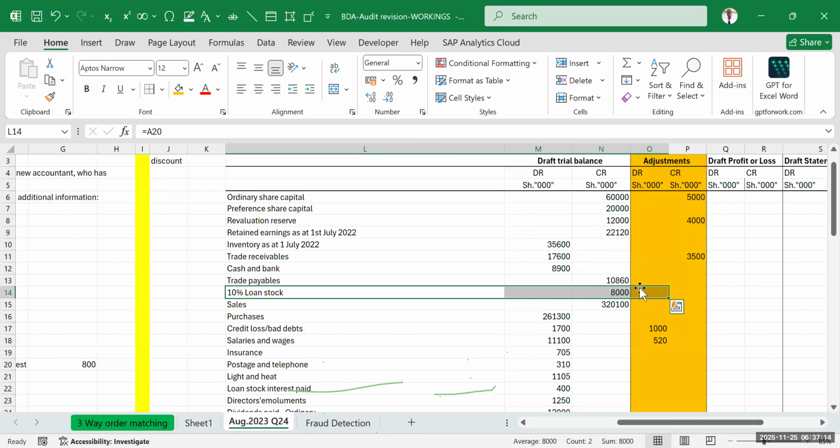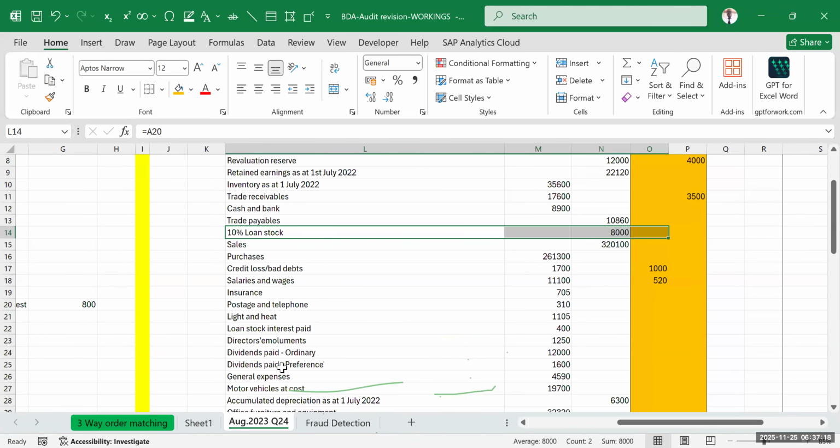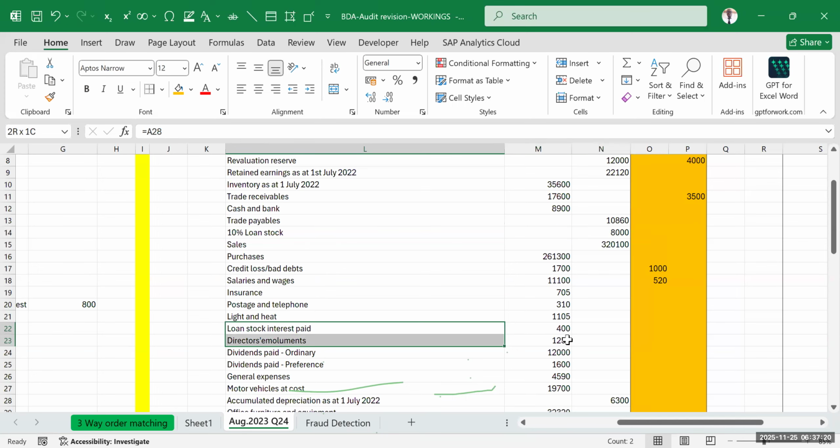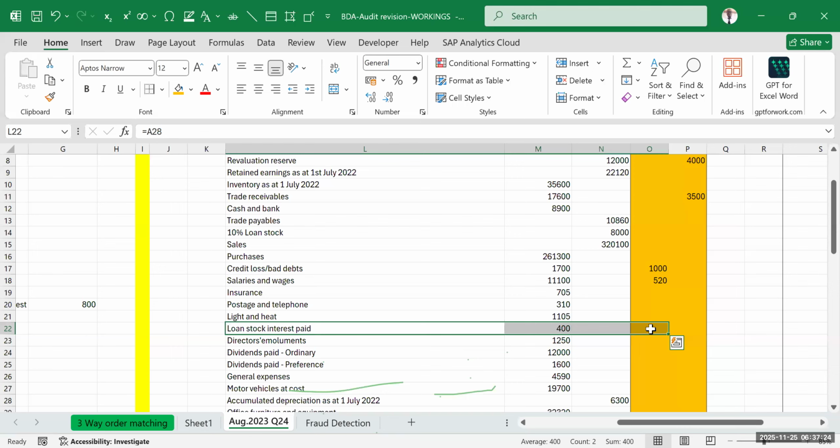You see the 10% loan stock, and then there is loan stock interest paid. Now this one here, loan stock interest paid. We've all seen that the total interest to be paid was 800. 400 has been paid, then 400 is due. 400 is due. Now, the entry that we are making here,